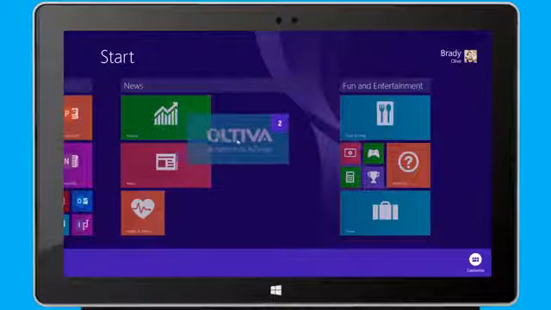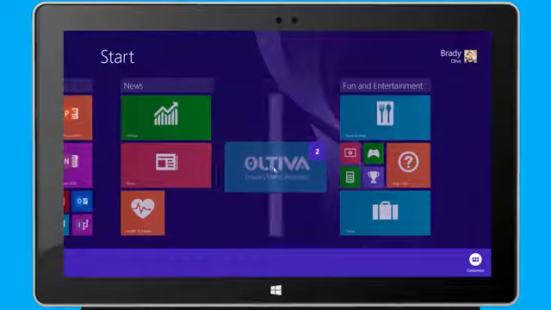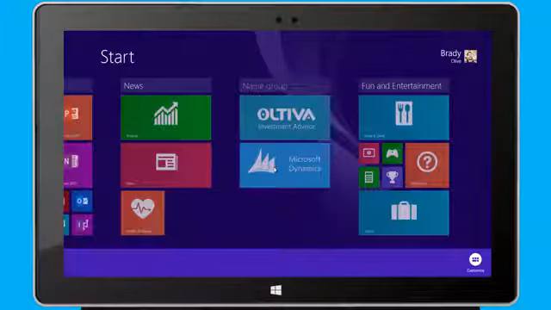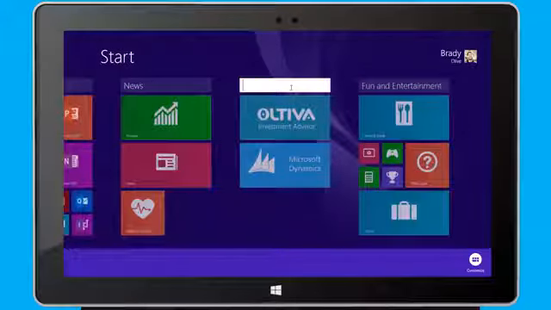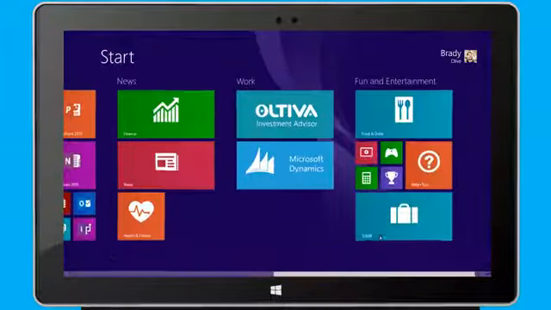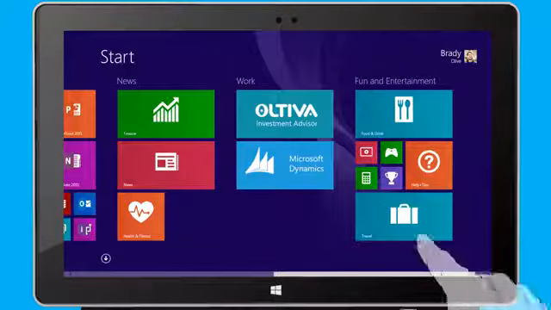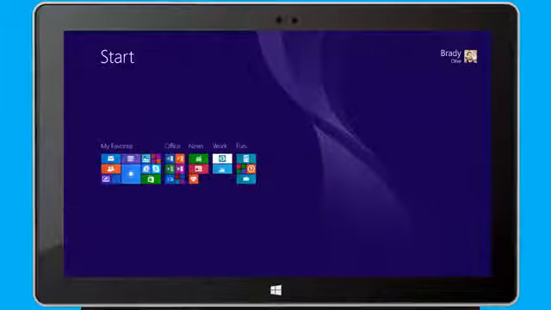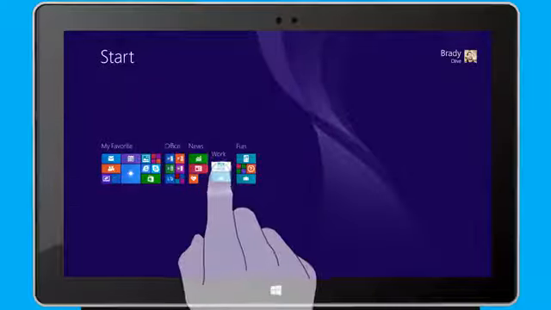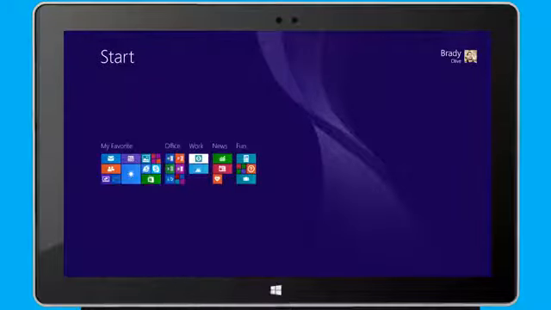Or if I want to create a new group, I drag the apps next to an existing group until a vertical bar appears. To name this group, I simply click Name Group and start typing. If I want to move an entire group to a new location, I click the minus sign at the lower right corner of the screen or pinch my fingers together to zoom out. Here the groups behave just like app tiles, and I can move the group to a convenient location.